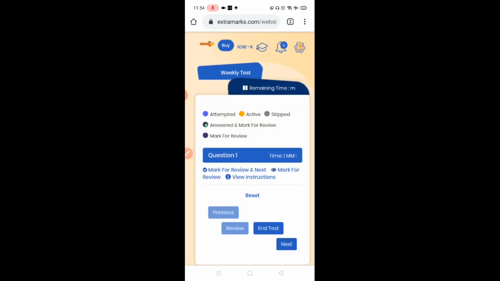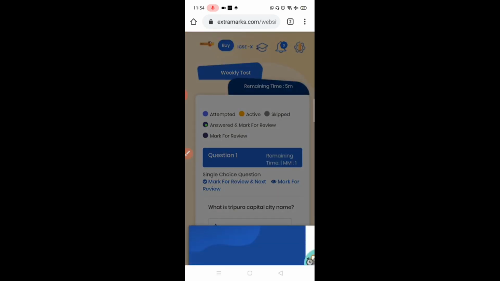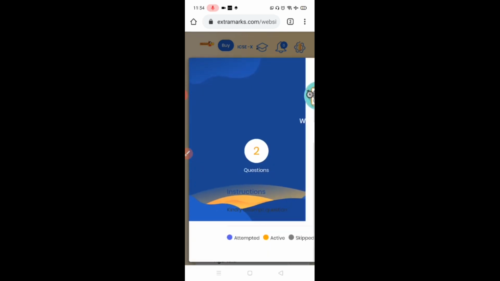As I clicked, a page has appeared. See, this blue page has appeared, but as this is a mobile screen, you are unable to see the full picture of it. So what you have to do is click on these three dots where I have circled, and enable the desktop site mode. So you have to click.